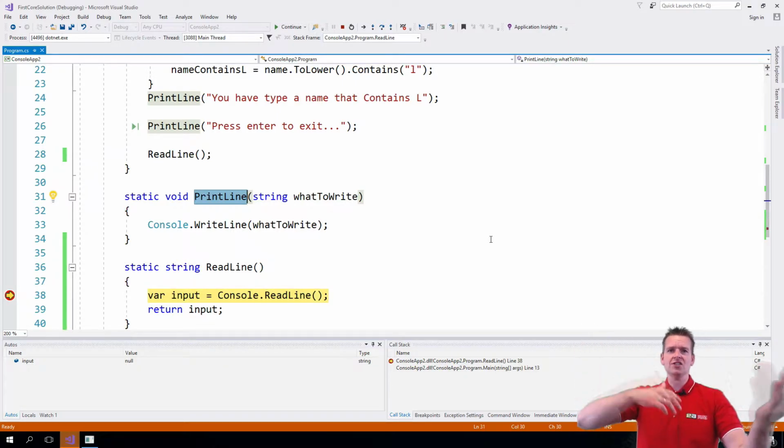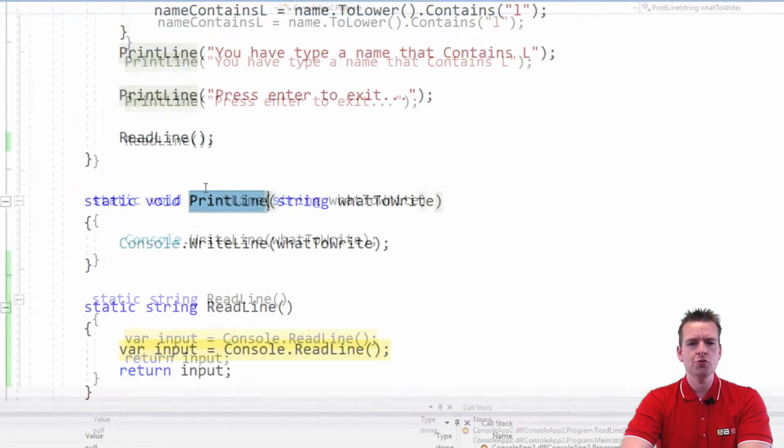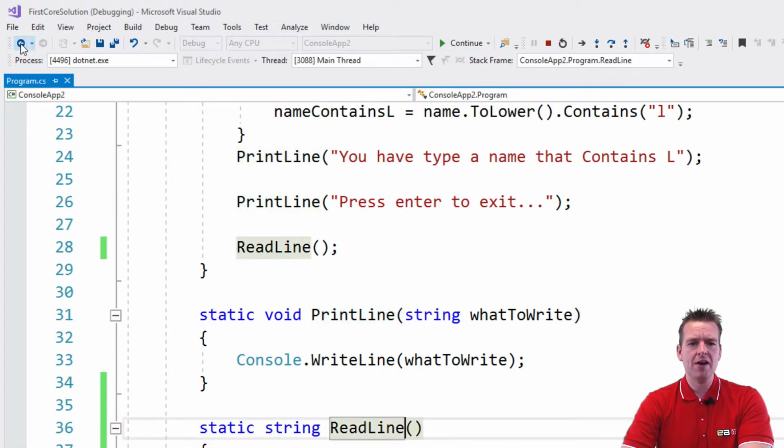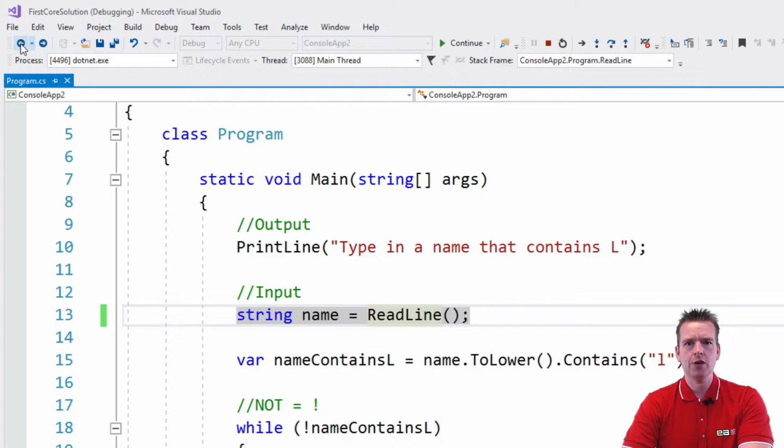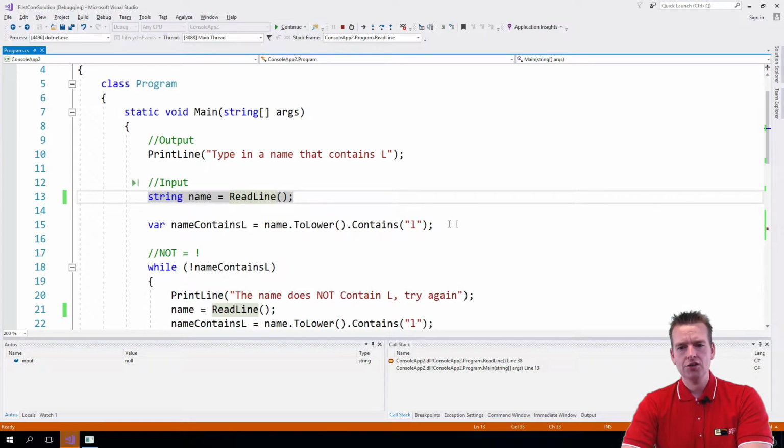This is very powerful when you start having methods in different classes. You can navigate between the classes, and you can always go back to where you were by just pressing the back key right here. Okay, so I think that's 2 pretty cool points to have. So let's go back to the read line down here,